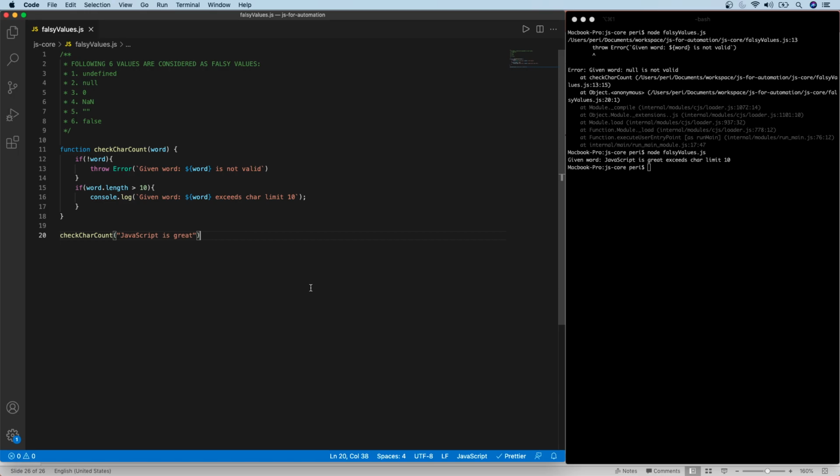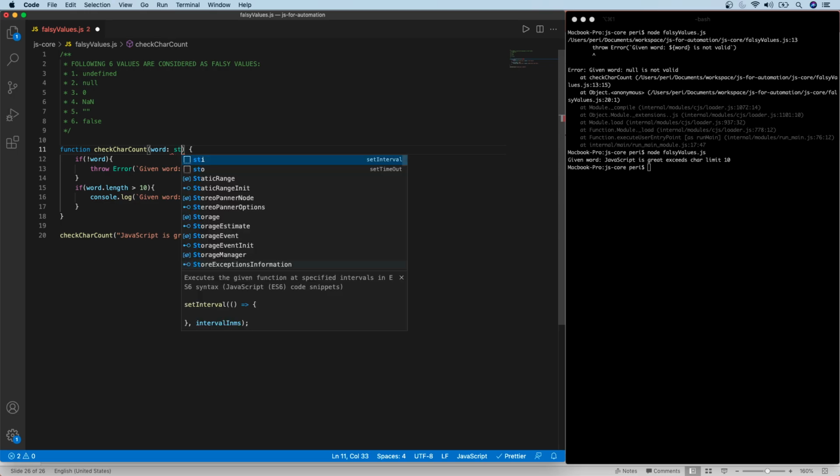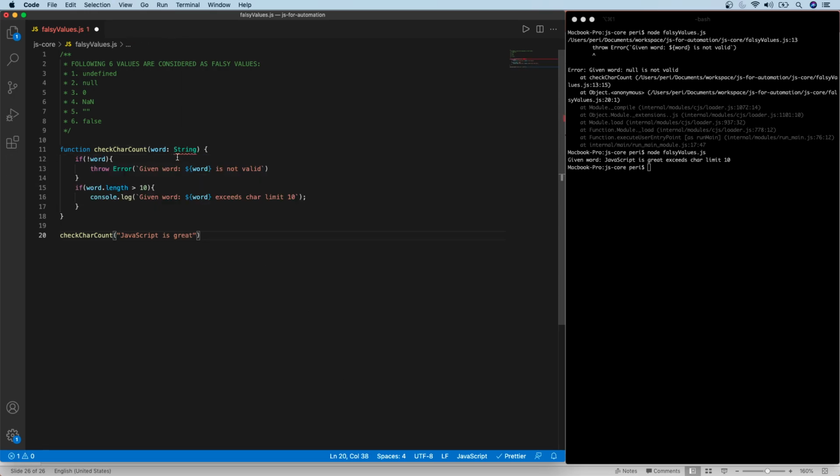And one other interesting point: if you try to use TypeScript, this will by default avoid any of the type checking. Not for now, but you can understand this. If I just put a string type here, this should be lowercase, and this is acceptable in a TypeScript file, meaning if the extension is .ts, then this is accepted. And this will also tell you that you need to provide only a string type.